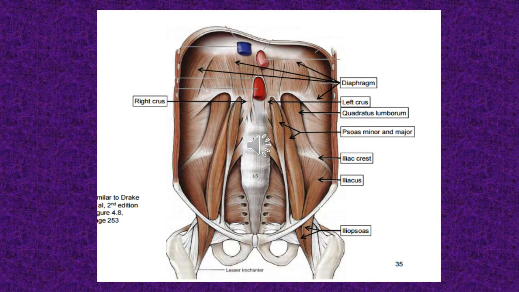In this picture, on either side of the lumbar vertebra, what you can see is the psoas major and psoas minor muscle. Around the upper part of the psoas major and minor, there is a tendinous arch. That is the medial arcuate ligament or medial lumbocostal arch. Lateral to that, the next muscle you can see here is the quadratus lumborum. Over the quadratus lumborum also, one tendinous arch is there. That is called the lateral lumbocostal arch or lateral arcuate ligament.